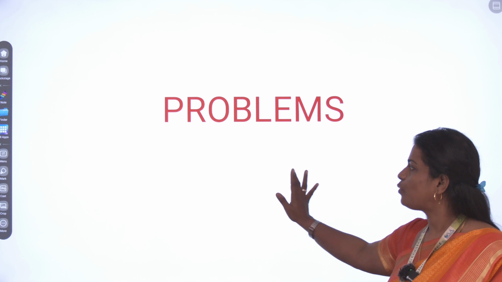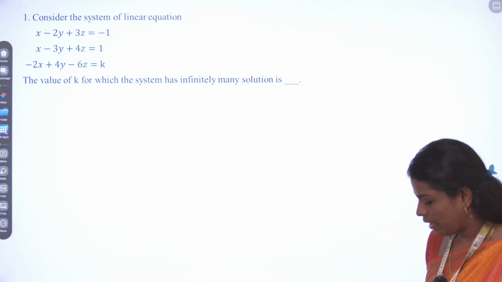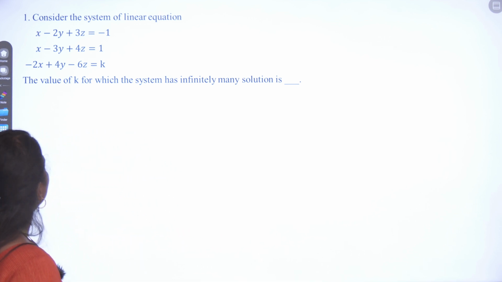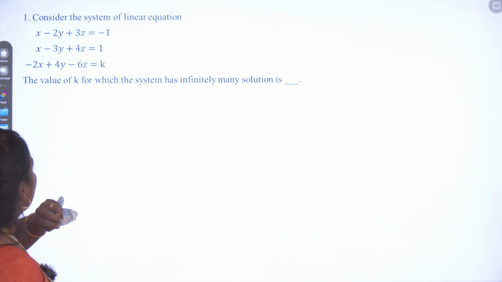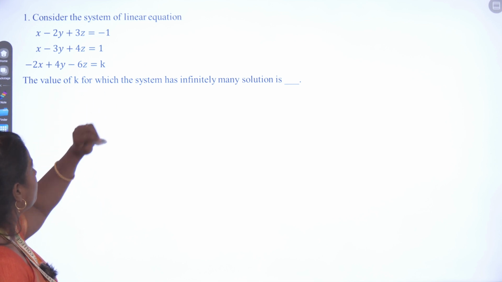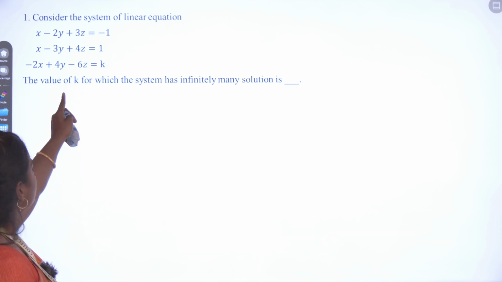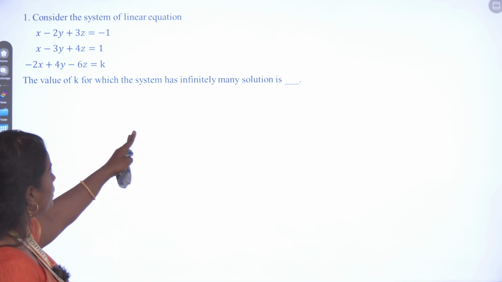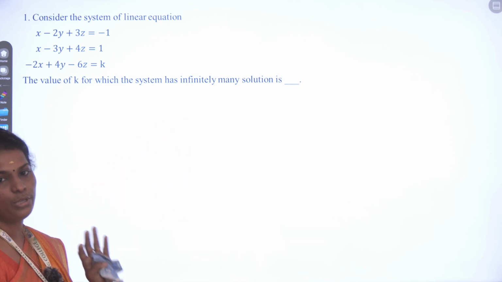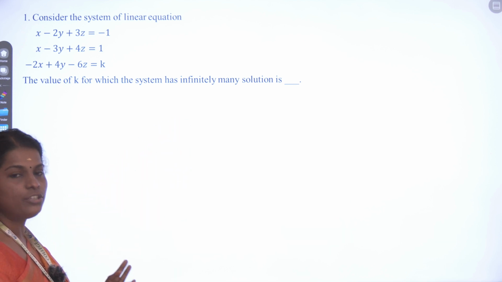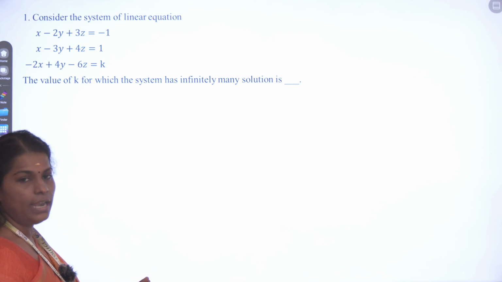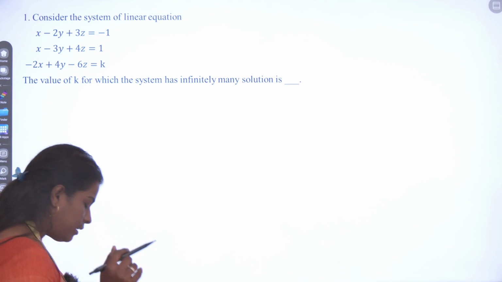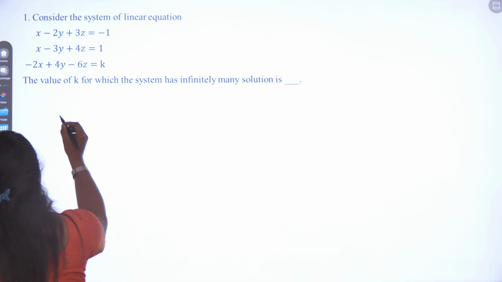Now let us move on to problems. Here it is given: consider the system of linear equations x minus 2y plus 3z is equal to minus 1, x minus 3y plus 4z is equal to 1, minus 2x plus 4y minus 6z is equal to k. The value of k for which the system has infinitely many solutions is, which means we need to find the value of k such that this given system has infinitely many solutions. And the condition for infinitely many solutions is given by